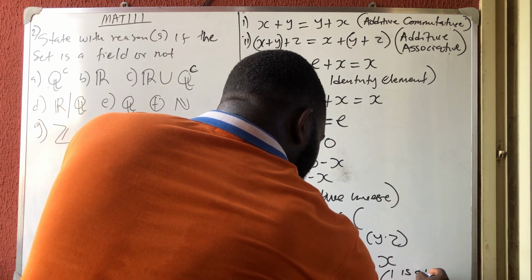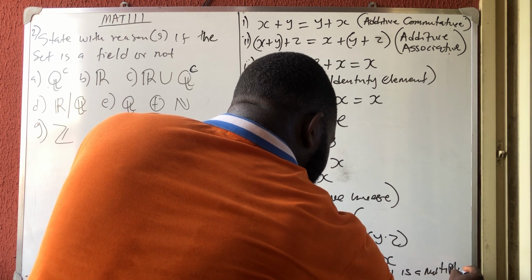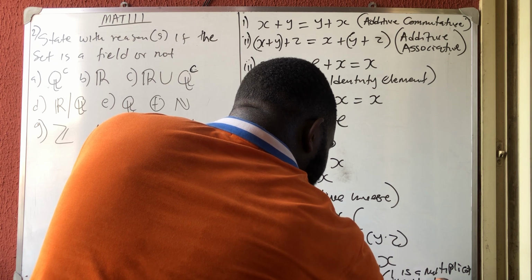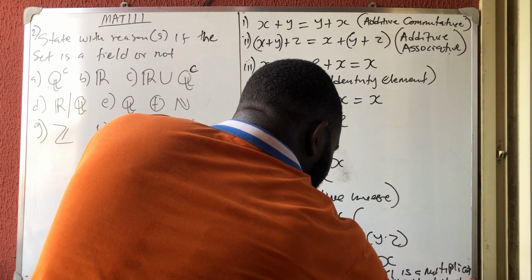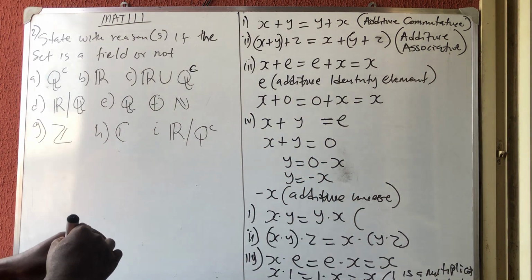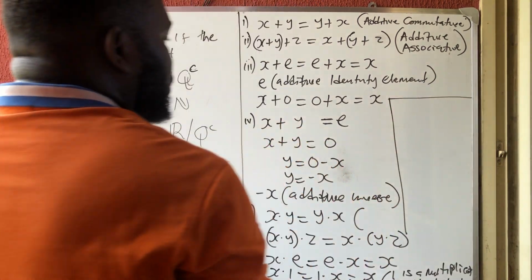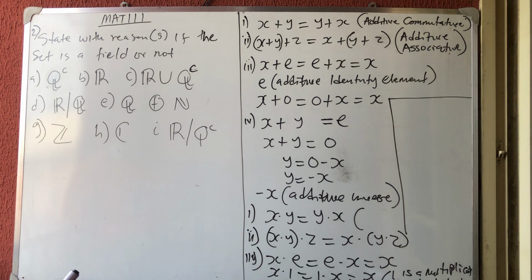So you have to note that 1 is a multiplicative identity element. Okay, I'm just explaining some things. I've not started solving the question. I'm just explaining some things for you. So the next one is